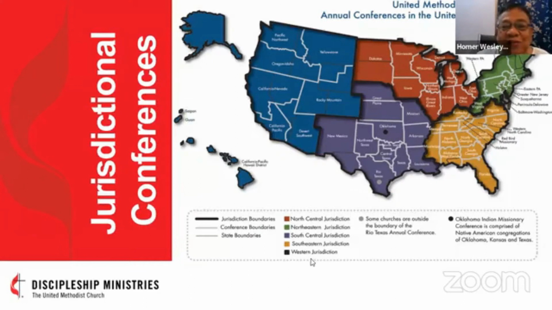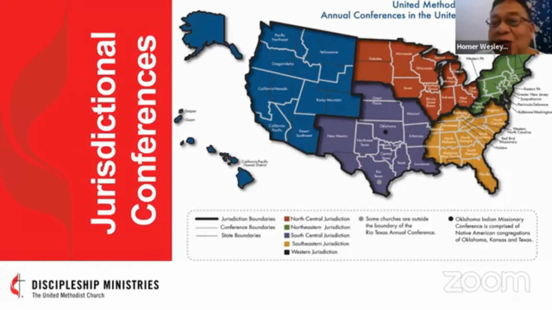Ito yung jurisdictional conferences. Bilang iglesia, ang ating sentro, sabihin natin na pinagmulan, ay sa USA, United States of America. Doon talaga yung headquarters natin. So sa Amerika, ang United Methodist Church ay na-divide into jurisdictional conferences, no? Kung makikita niyo yan,